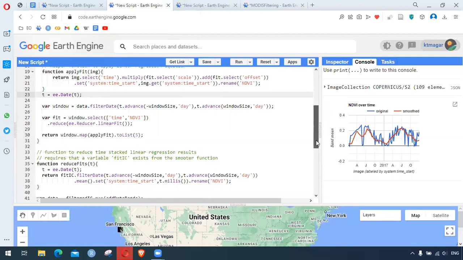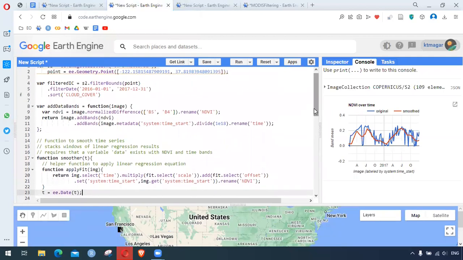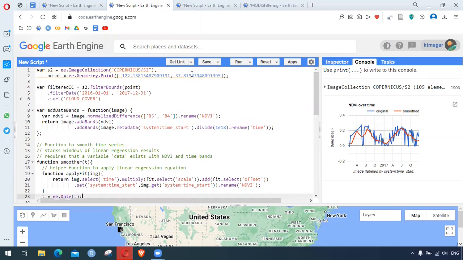So here is the second example, and this one is the linear regression moving window. The thing is the same. Here again we have the original one in blue and the smooth curve in red. So similar to the previous one, let's go through this. We have the Sentinel-2 dataset. We have the point here, and then we have this dataset filtered with some dates and sorted by the cloud cover. We add the NDVI,